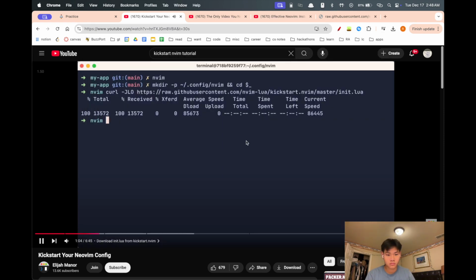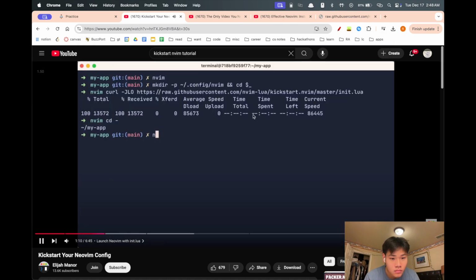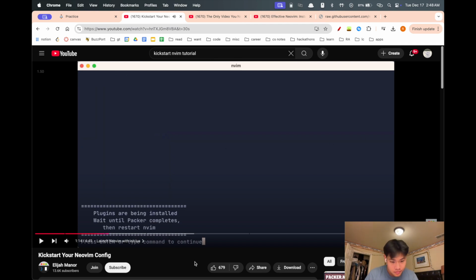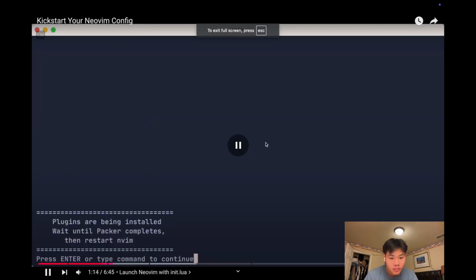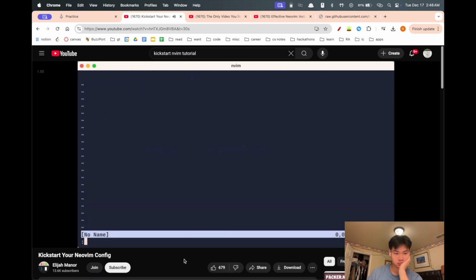Into our current directory. Now let's switch back to our previous directory with cd -, and launch nvim. Here we're prompted that Packer and the plugins are installing, and now we can type enter, and here the plugins are installing. When complete, you could type Q to exit the Packer output. At this point, you could restart nvim, but instead I'm going to